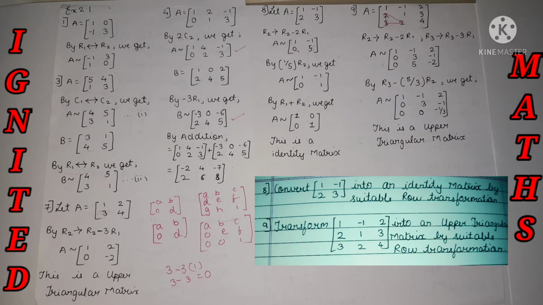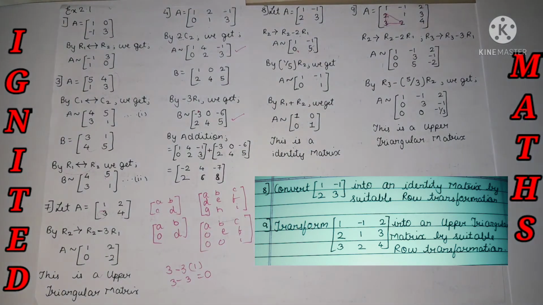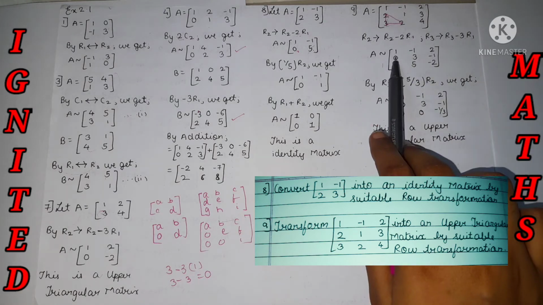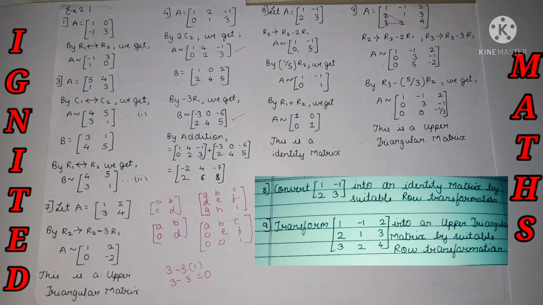But if it is not 1, any other element like 2, 3, minus 1, minus 2, or 0, we need to bring it to 1, so that the row or column operation becomes easy to do. I did the row operations R2 minus 2R1 and R3 minus 3R1, and we got the answer very easily. If it is 1, it is very easy, but if it is another element, we can still do the operation.